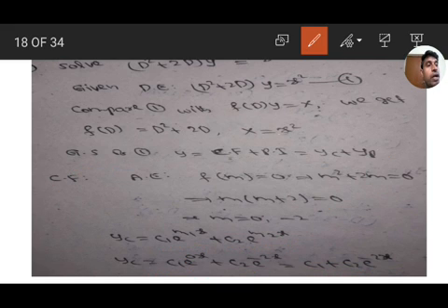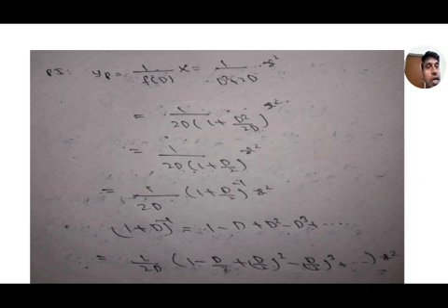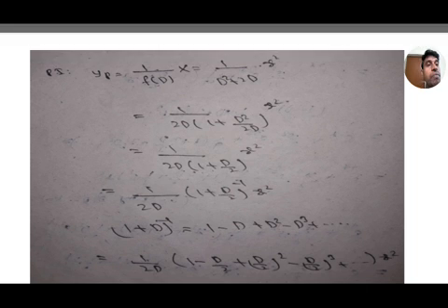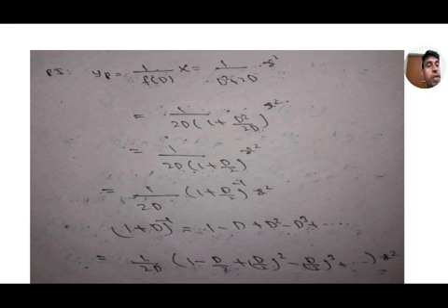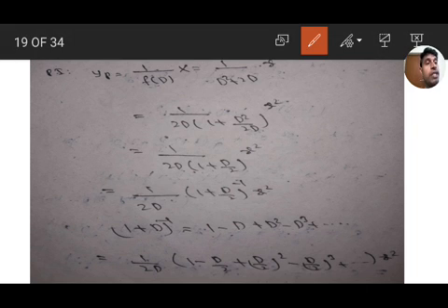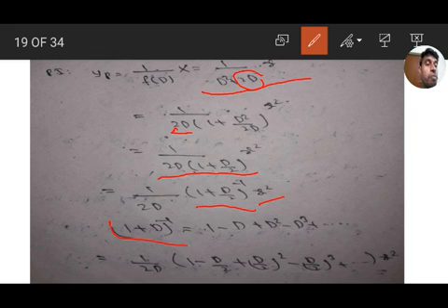Next, the particular integral. yp equal to 1 by f of D capital X, that is 1 by (D square plus 2D) of x square. Here the lowest term 2D is common, we get 1 by 2D (1 plus D square by 2D) of x square. D square by 2D means D by 2, D cancels. Bring 1 by 2D into the numerator: 1 by 2D (1 plus D by 2) all to the power of minus 1 of x square.